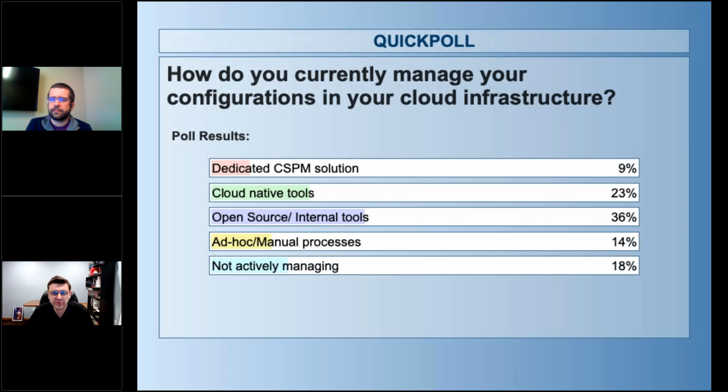John, what do you think about this poll? What stands out to you? For me, it's totally the amount of not actively managing or ad hoc manual processes. I think that's the most surprising. I'm a little surprised about how many open source internal tools we have. And then I'm not as surprised about the cloud native tools, because those are sort of there and they're the ones that get